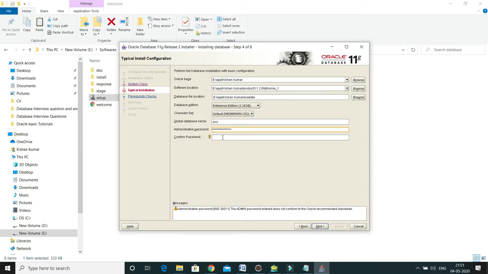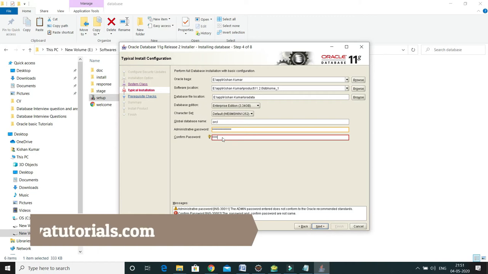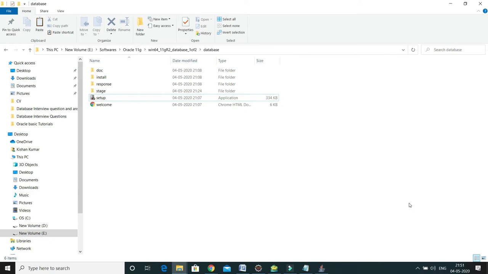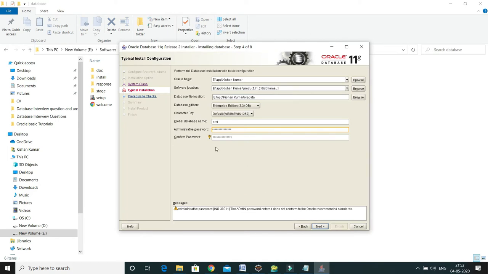Again specify the same password. After providing the administrative password, click on next.